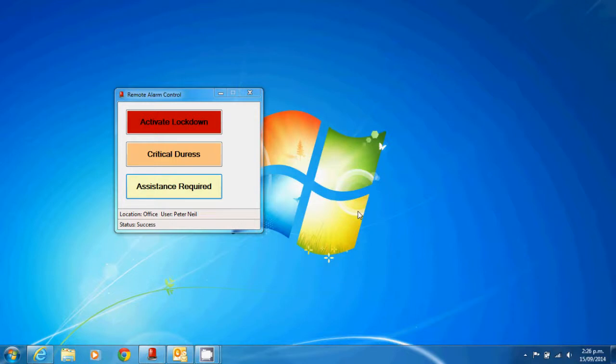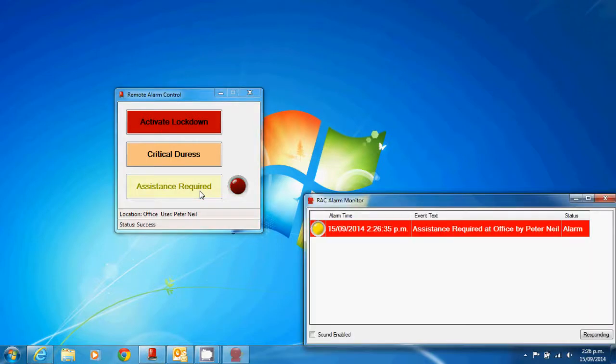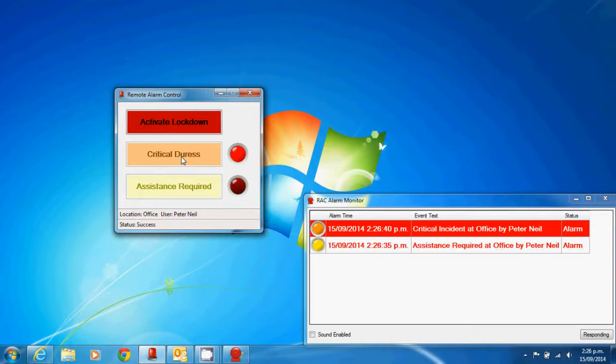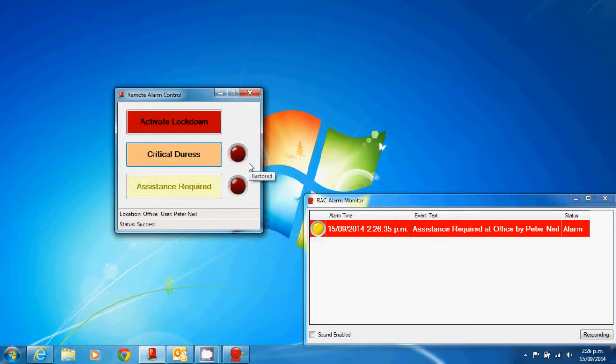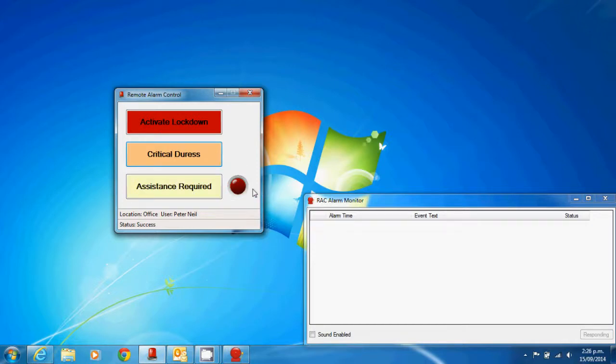But unlike hardwired panic switches, which are all or nothing, the remote alarm control has 3 levels that can be used for different severity of situation. By having different levels, it gives staff the option to generate low priority alarms early, with the aim of notifying staff so they can help de-escalate an issue early, rather than waiting for a full-blown emergency before triggering a panic